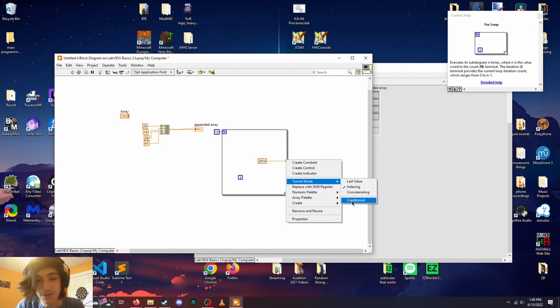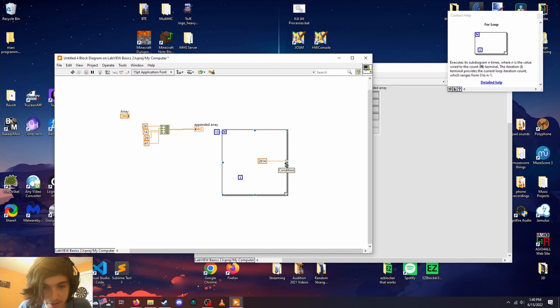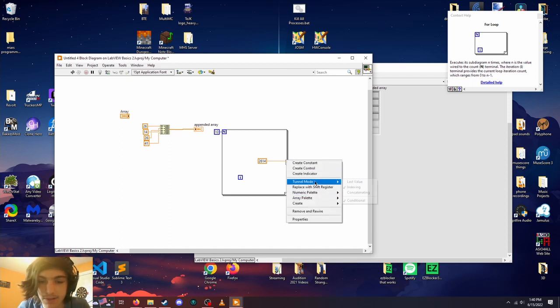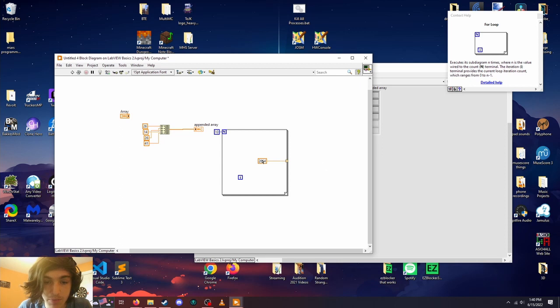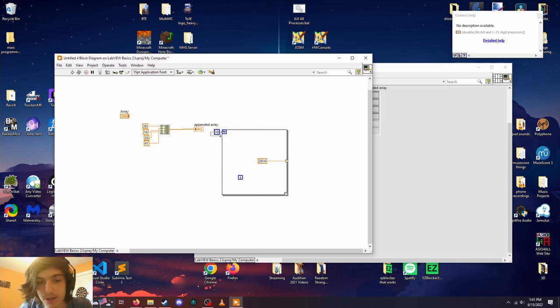And the conditional, basically, there's a condition here. If it's false, it won't pass it out. And if it's true, then it will pass it out. So if you wanted to create something where it only adds to the array when a certain condition is true, then you can do that. That's kind of useful. But anyways, if we just wanted to make an array that's 10 long with 2614, then